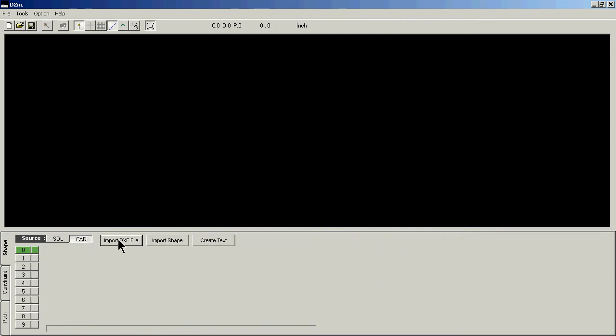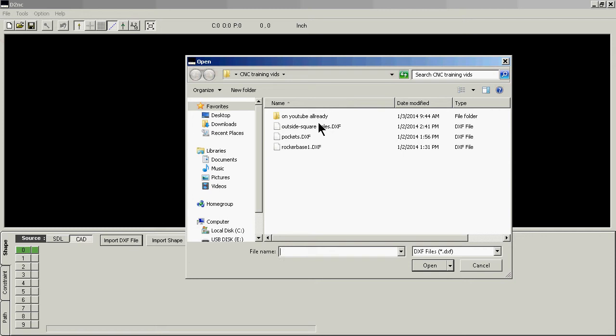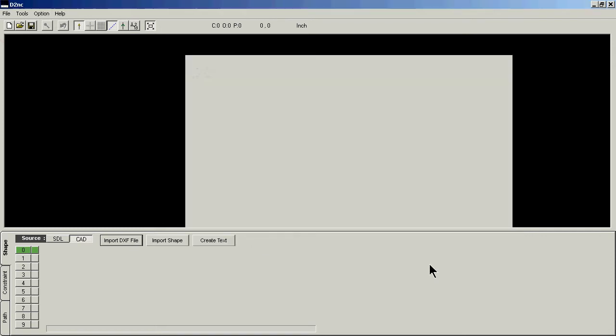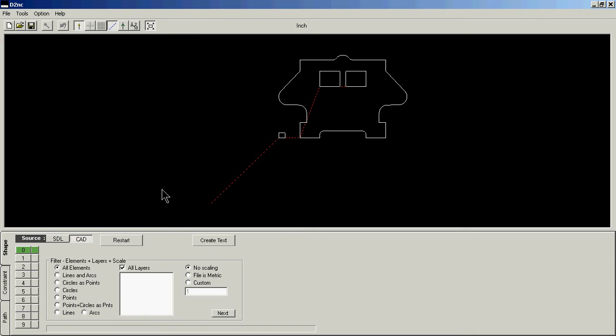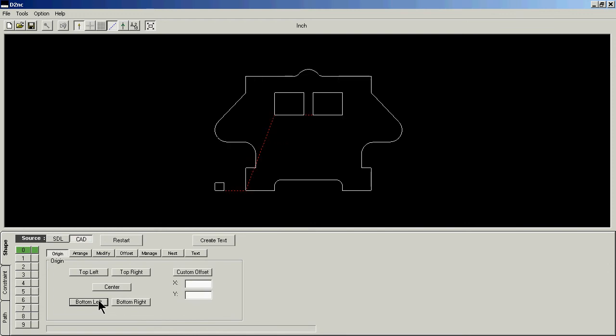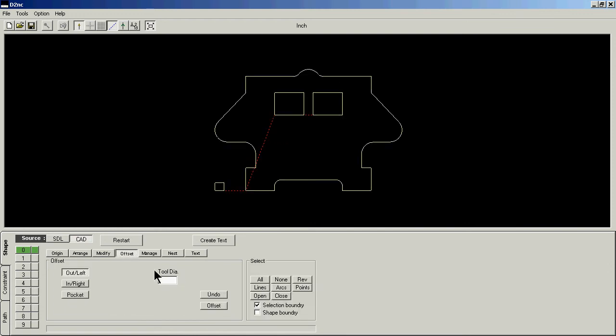Okay, I'm going to open the CAD file, import the DXF file. You can't see it, but I'm dragging it over here too. It's in the other screen. Select our DXF. Say open. All right. In video 15, I went ahead and selected next, bottom left, went to offset, typed in my tool,